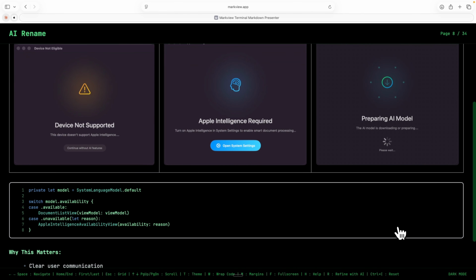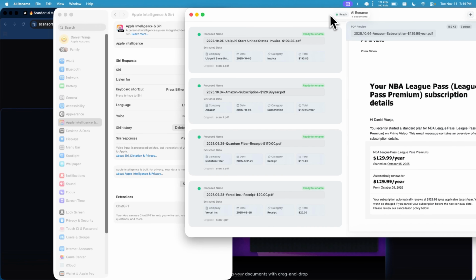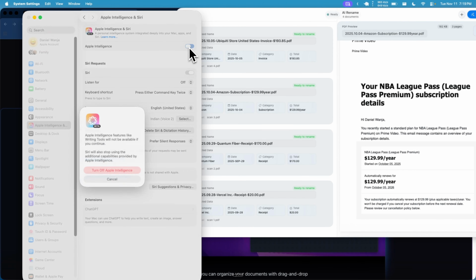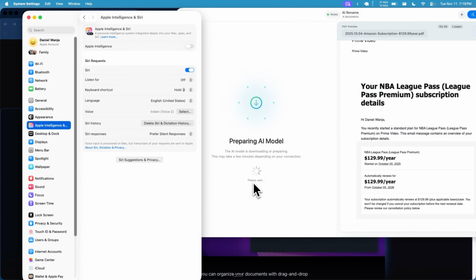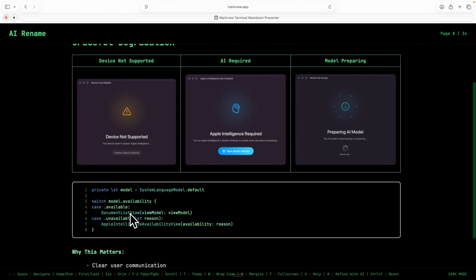But the first time I installed it on the Mac of my wife, it wasn't working, and I'm there like, why is nothing happening? And with a foundation model, you can check the model availability. That tells you whether you can run a foundation model, whether it's disabled, whether it's just not ready because they're downloading it. And that's fun to see in action. I had to point to the docs and tell AI, make this work. And then when you turn it off, I just say, oh, and now it's preparing the model, and there's the different modes. I show this different screen, and all it does, you can get the model, and then you can ask the availability. And that's a nice touch.